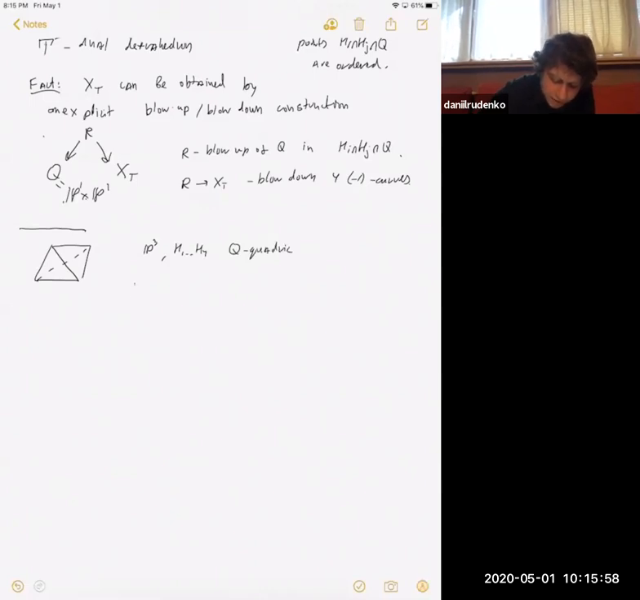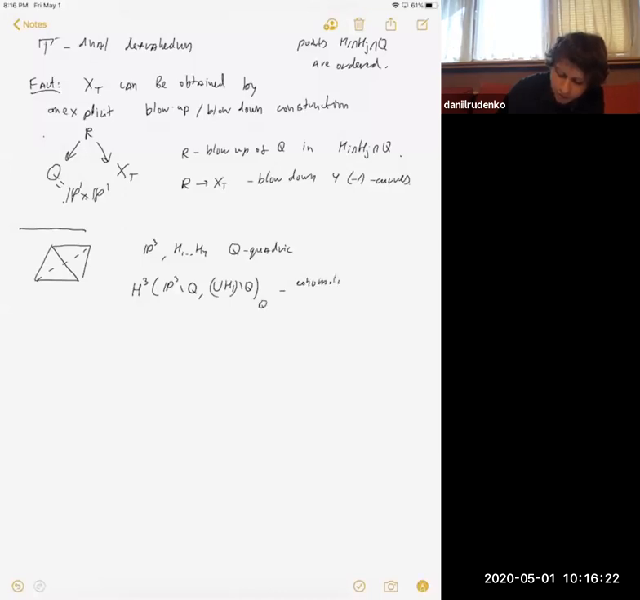And then one can look at the following cohomology: H3 of P3 minus Q relative to the union of H_i minus Q. This cohomology group, I mean rational, sorry, say Betti cohomology, carries a mixed Hodge structure. And in this particular case, it is of mixed Tate type, and what it results